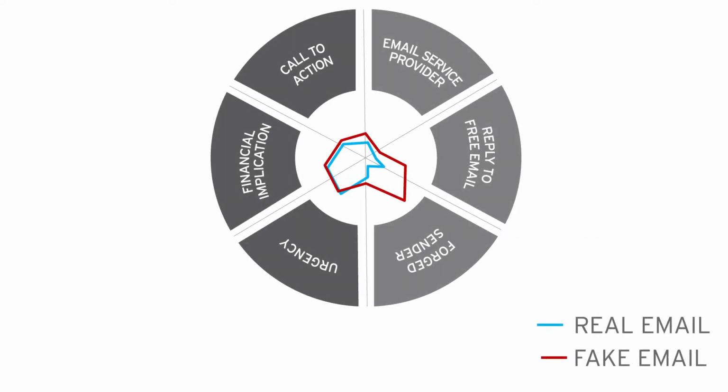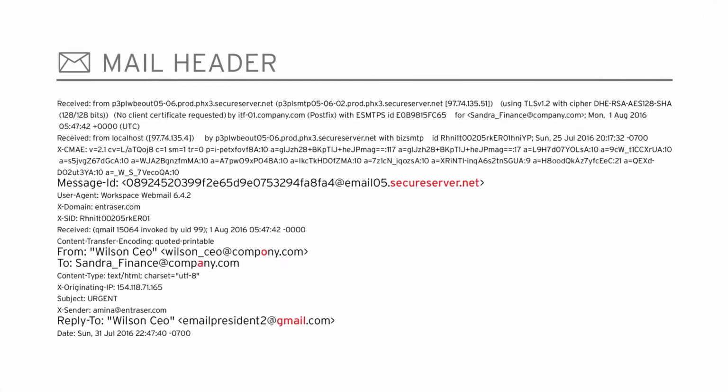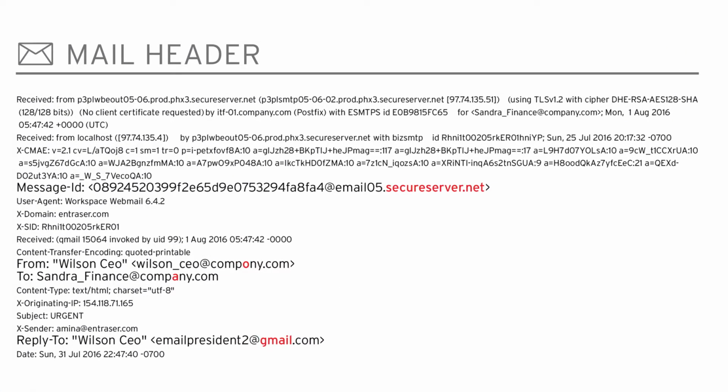Trend Micro accomplishes this with artificial intelligence that combines the knowledge of a security expert with a self-learning mathematical model to identify the fake emails. Let's look a little closer. A security expert examining an email would look at both the behavioral factors of an email and the intention of the email. In the mail header, the security researcher would look at factors such as, is the email coming from